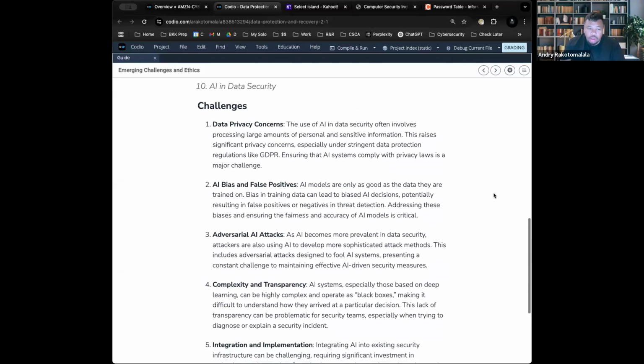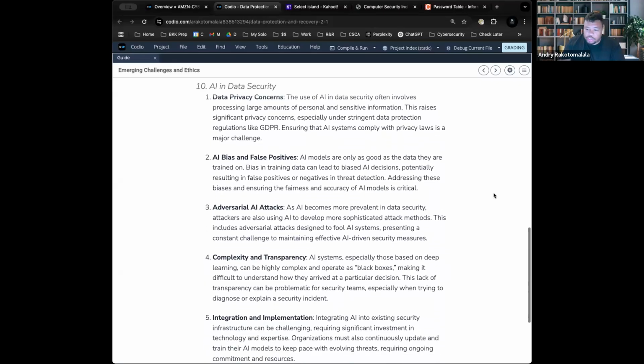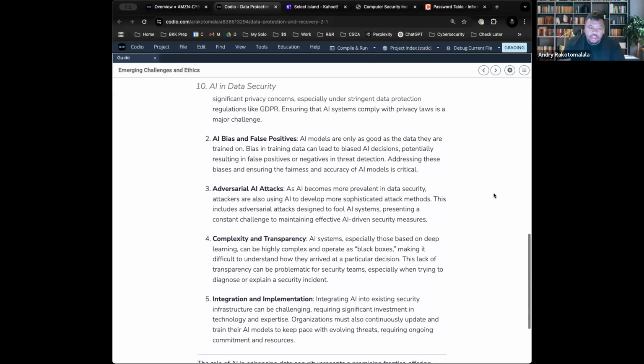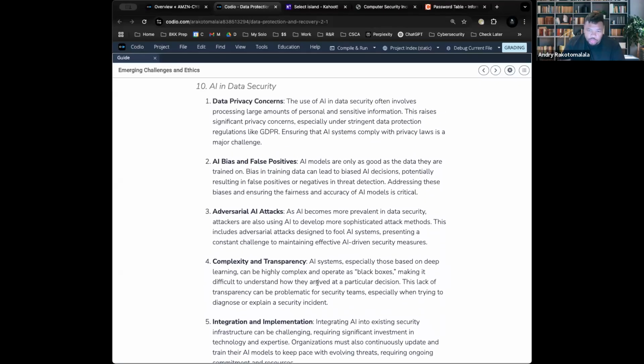Now, what are some challenges? Let me dwindle this down to the three that I think are the most important. For one, some people are growing nowadays where they don't want AI to have their data. So there is a lot of regulation right now that says that AI needs to comply with data privacy laws, meaning that we can tell AI, what information do you have of me? We have to disclose if we're using AI or any third parties.